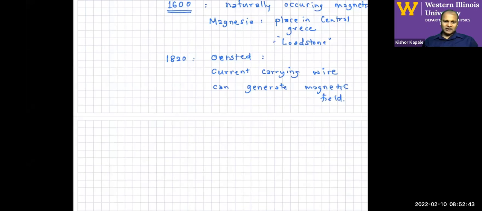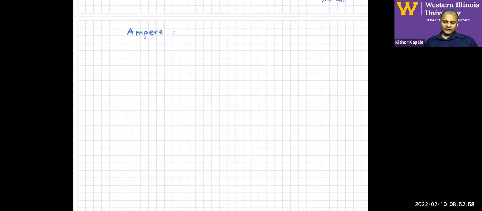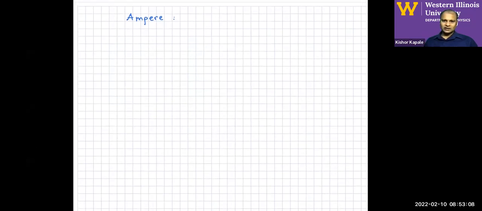So again, that's an experimental connection that we came across, that those two things relate. Another important person, French physicist Ampere, figured out that if you have two current carrying wires, there is a force of attraction or repulsion between them,